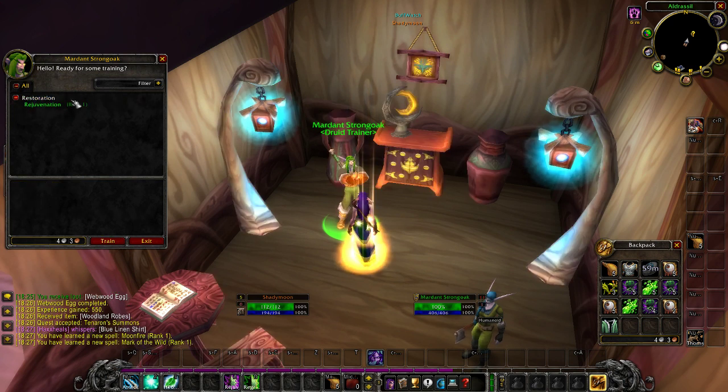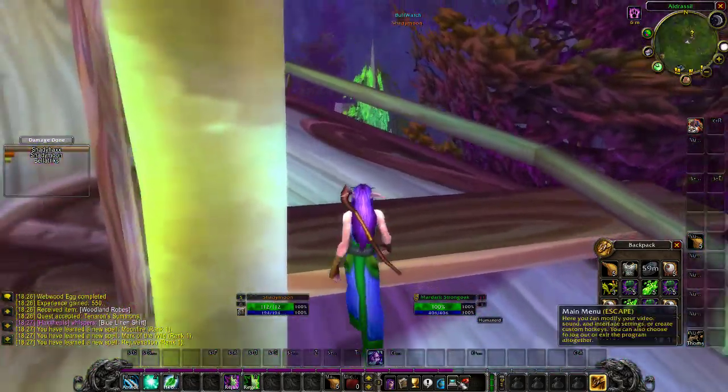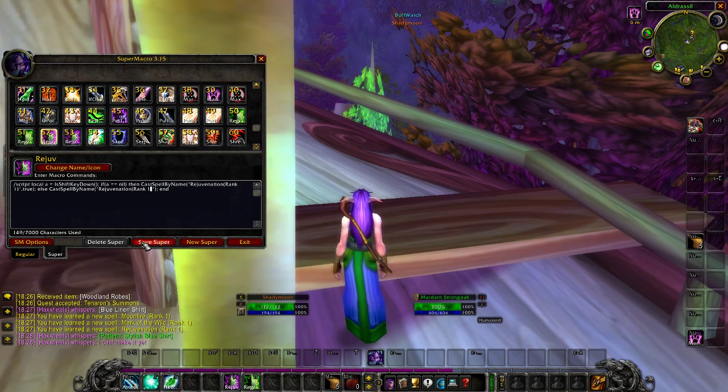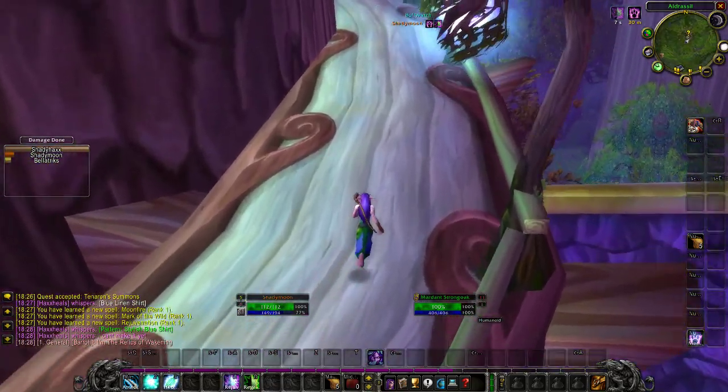Moonfire, Mark of the Wild, and Rejuvenation. All right, let's take a look at my Rejuvenation macro. Let's see. Mark of the Wild. Let's do rank 1. Save. This is going to screw up my Druid on the other server, but that's alright. Okay, and Rejuvenation, this one, rank 3. We're still going to screw up my Druid, but probably won't be playing her anytime soon. Oops, 1. Save. Oh, cool. And then we'll just do...